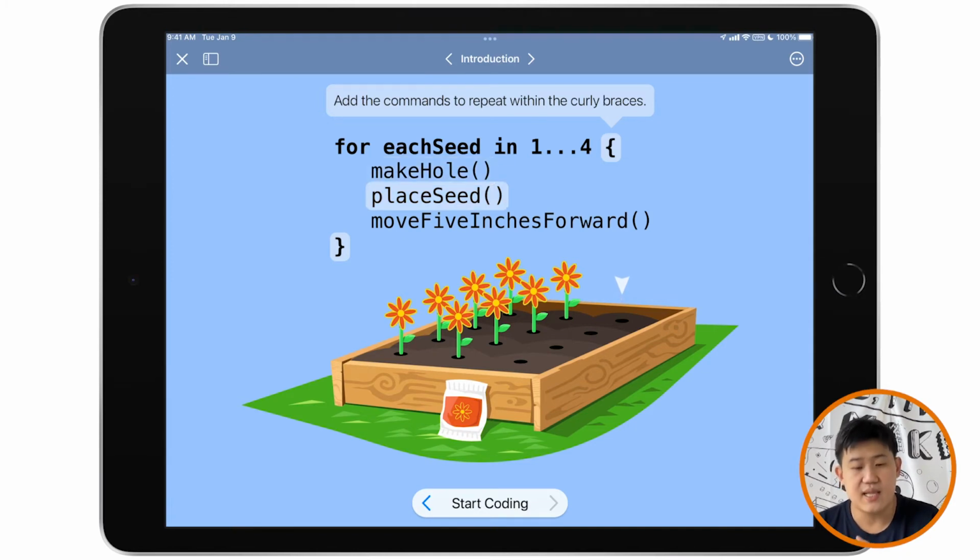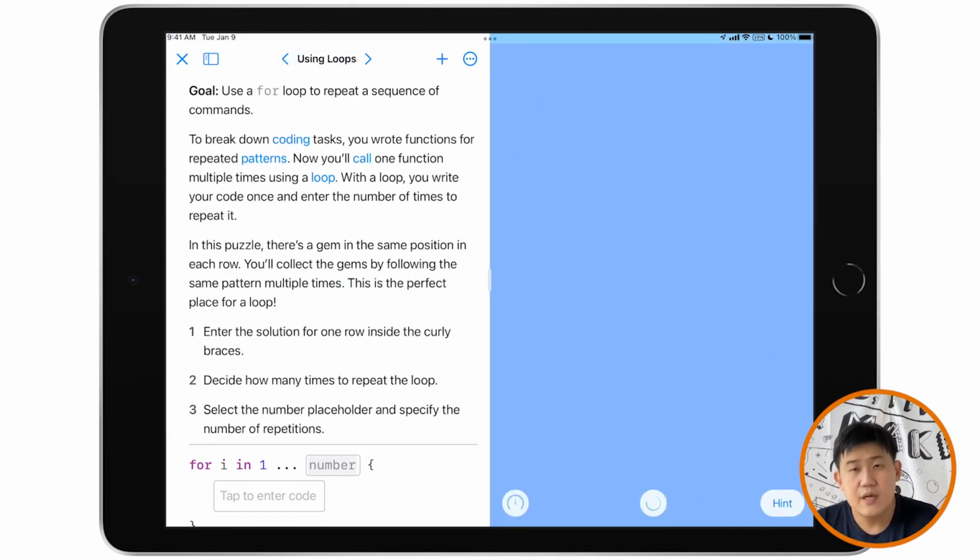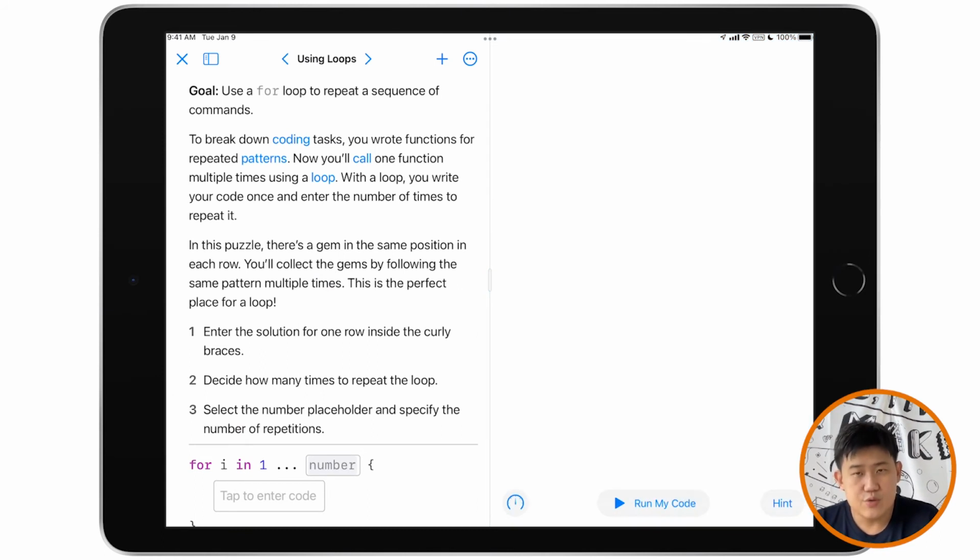After it finishes the last line, it goes all the way back up to the first line in the for loop. All right, so this is what's going on. The commands in the curly braces are repeating. Let's get started with coding. You have 2 exercises over here. The first one has to do with